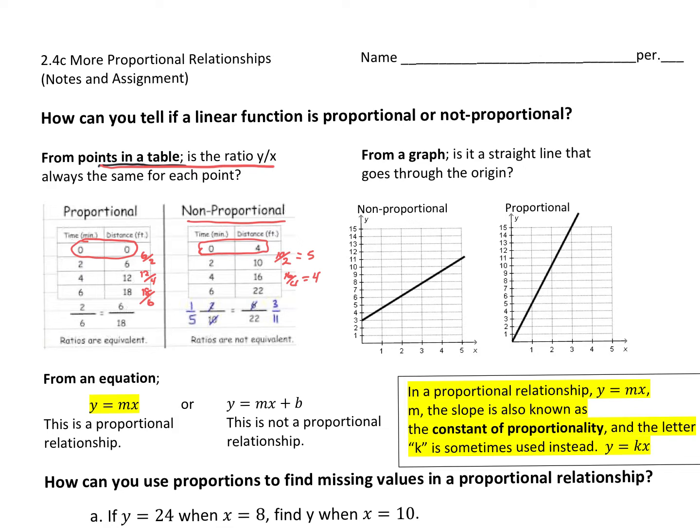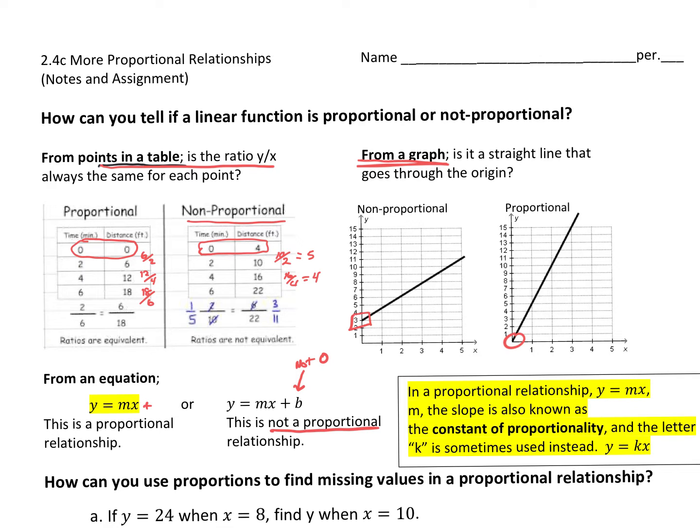From a graph, a proportional relationship always goes through the origin. So a straight line goes through the origin. The non-proportional linear function goes through some other y-intercept that is not 0. The y-intercept is not 0, it does not go through the origin. And from an equation, actually the same thing is true from the graph. If the y-intercept is not 0, then we need it,